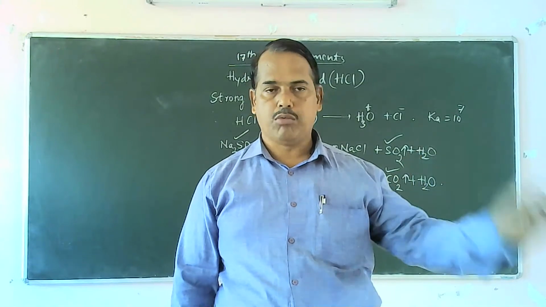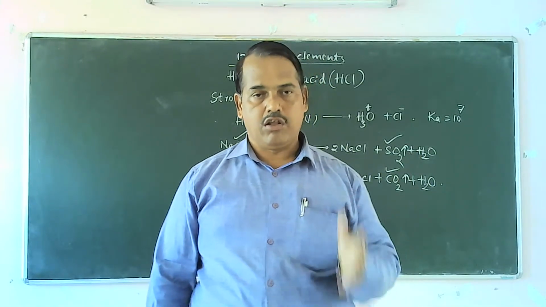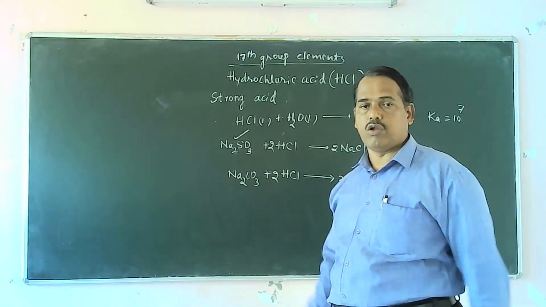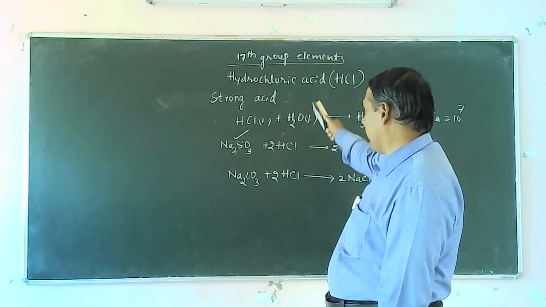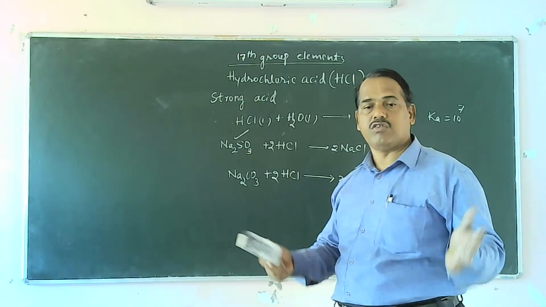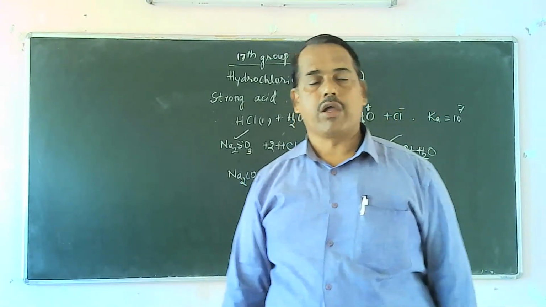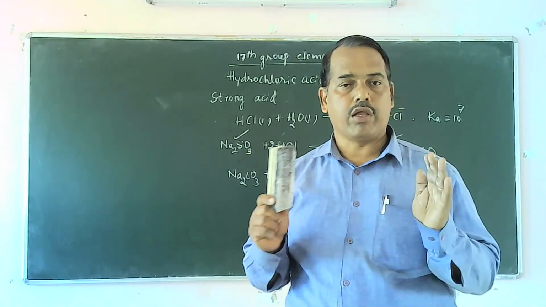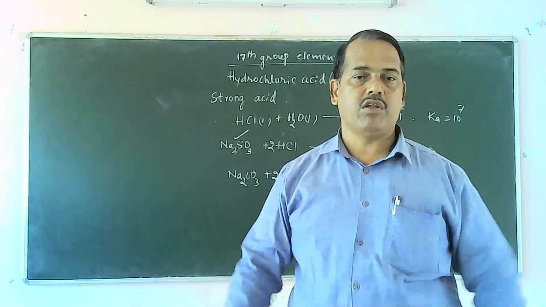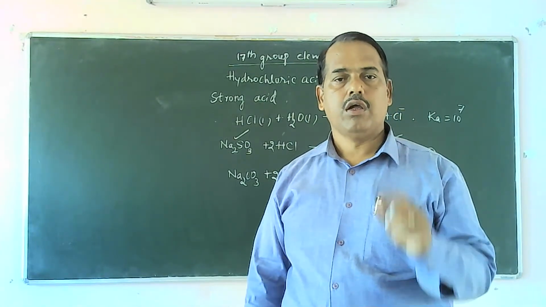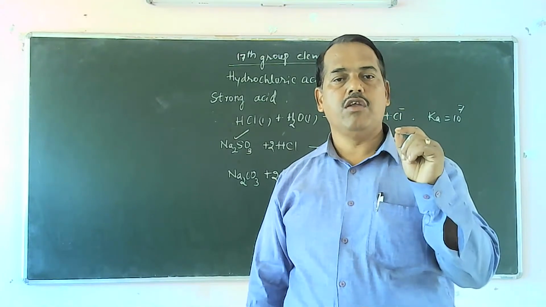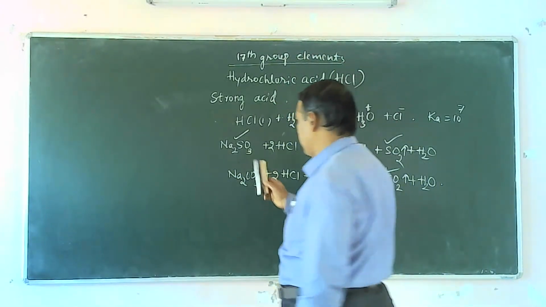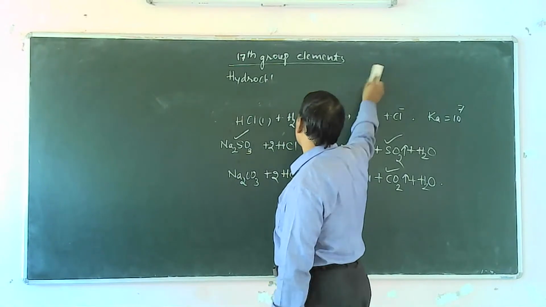Hydrochloric acid is used as a very good laboratory reagent, and it is also used in the preparation of chlorine gas, which we studied. Due to its strong acidity, we use it in qualitative analysis. These are the chemistry of hydrochloric acid which we have to study according to the syllabus: one preparation, why it is a strong acid, and its chemical reactions. We shall continue our discussion with the next part, interhalogen